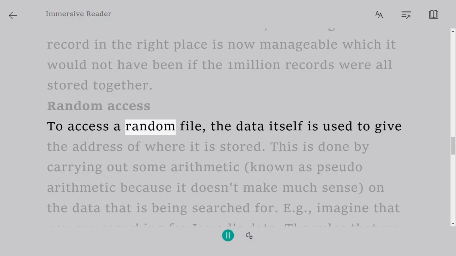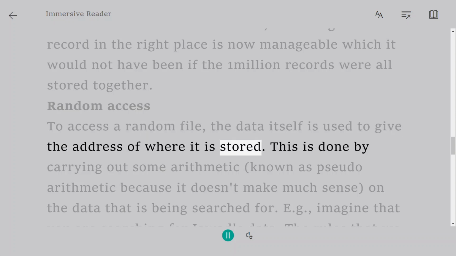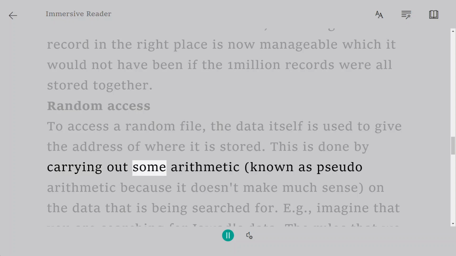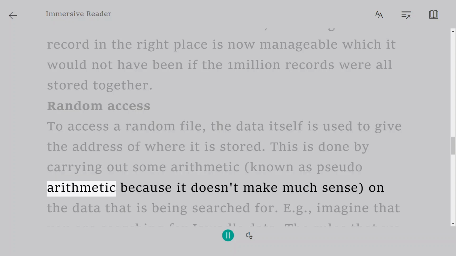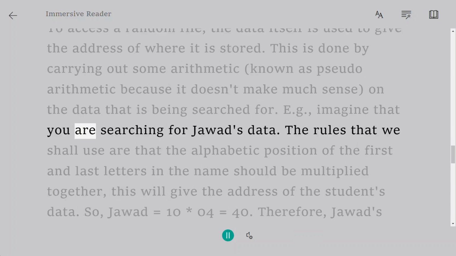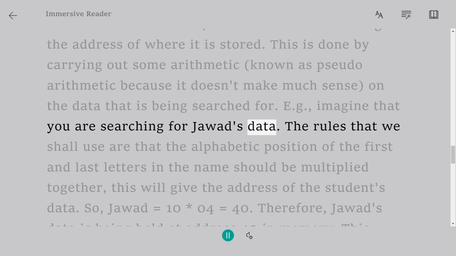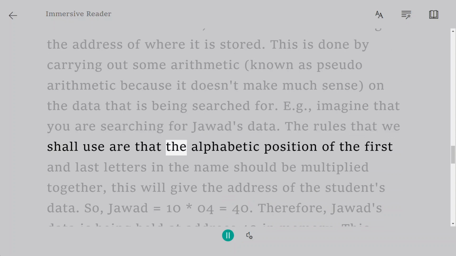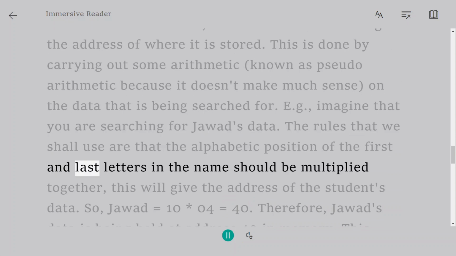To access a random file, the data itself is used to give the address of where it is stored. This is done by carrying out some arithmetic, known as pseudo-arithmetic, because it doesn't make much sense on the data that is being searched for. E.g., imagine that you are searching for Jawad's data. The rules that we shall use are that the alphabetic position of the first and last letters in the name